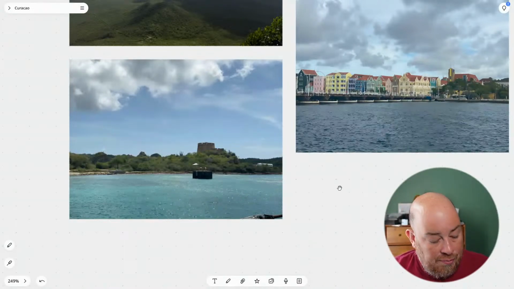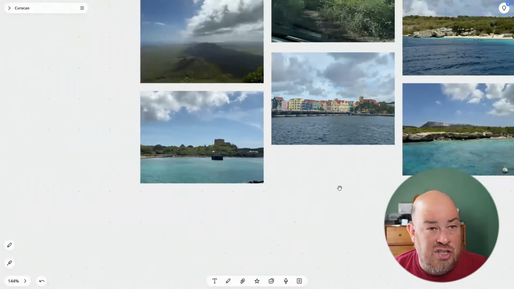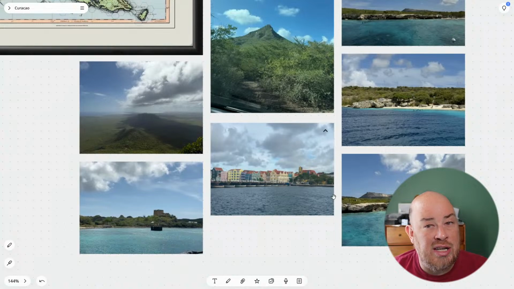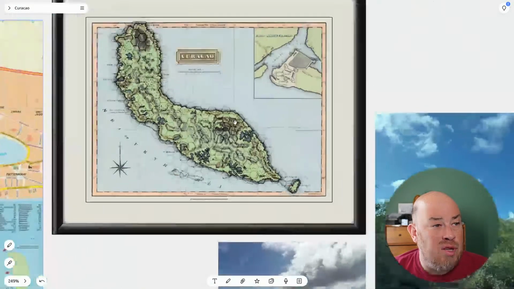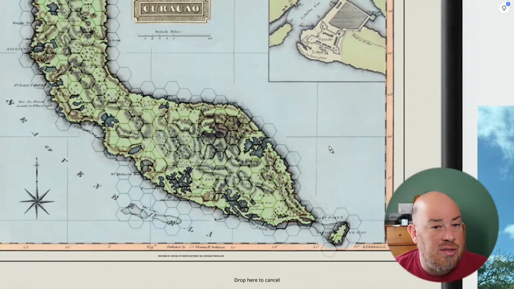That was Curacao. It was fun. It gave me some ideas, and I just like that geography, and the geology, I guess. And yeah, I could see taking this map. So I took, just to close the circle on that, I found 3 mile hexes,